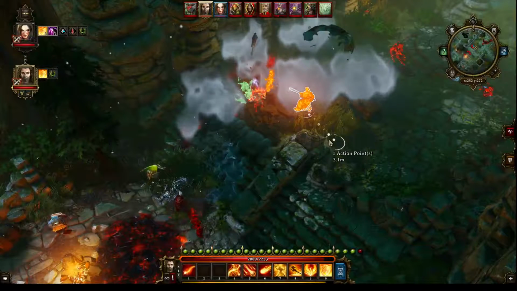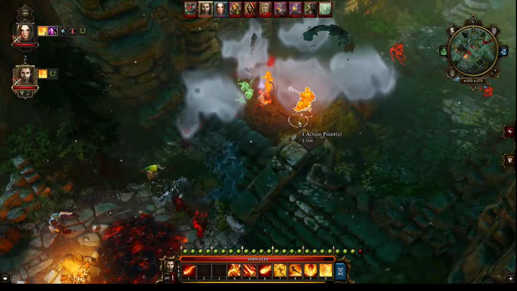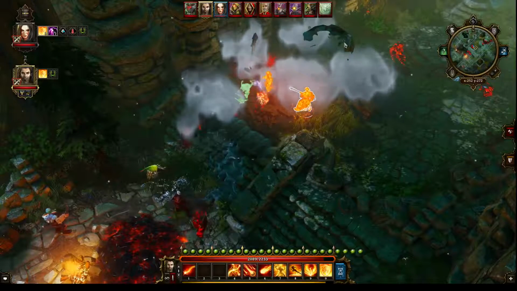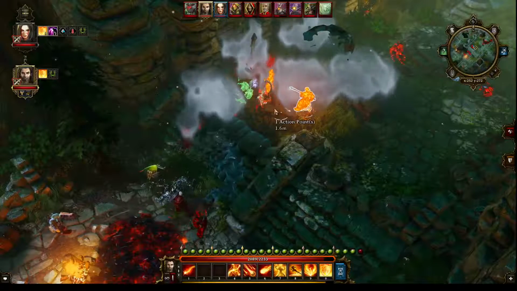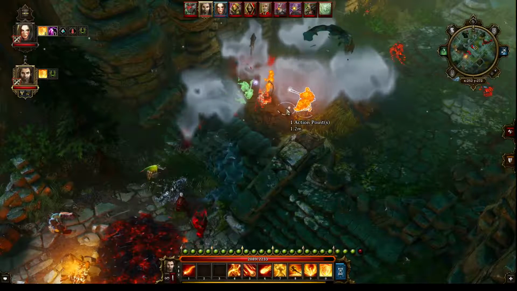Hello, this is Rist. I just want to go over a quick guide on Dual Mage for Divinity Original Sin, and some tips to help you decide as you're leveling what talents you should get, what talents you shouldn't get, skills, etc. So I just loaded up here in the middle of a fight,